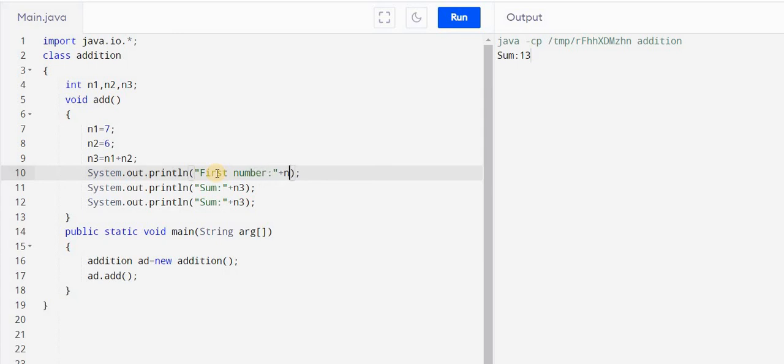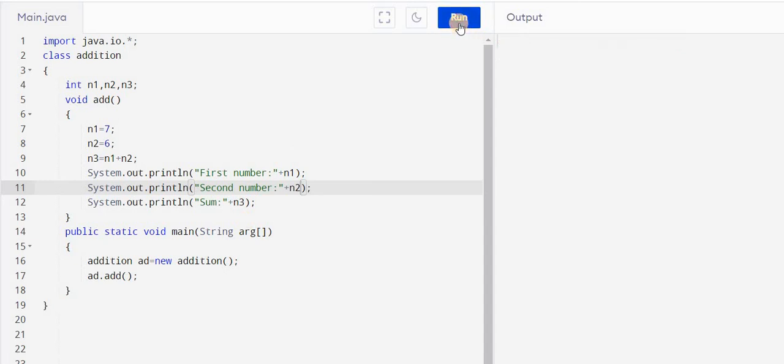The first number is in the variable n1, and let us change here to second number. The second number is in the variable n2, and the sum is in the variable n3. Now let us execute and see whether it is displaying the first number, the second number, and the sum. So the first number is 7, the second number is 6, and the sum is 13.